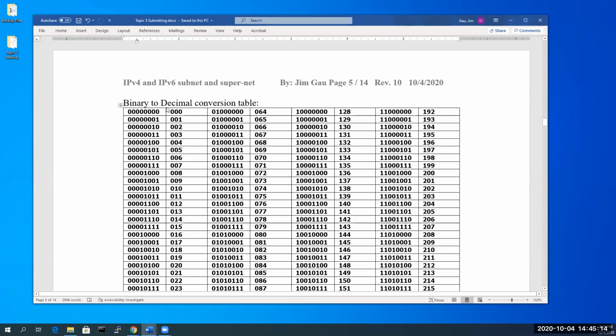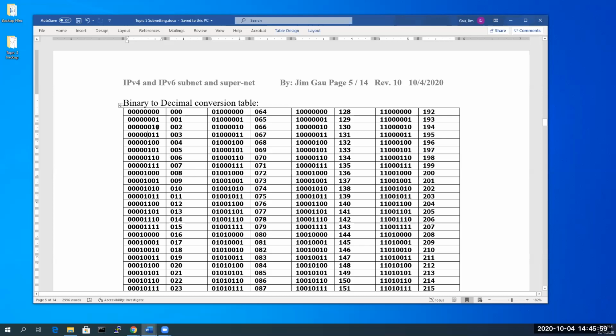This is the binary to decimal conversion table. It is very, very useful to help understand the subnetting and supernetting concept. So quickly go through this. Binary of all zeros is decimal 0. I just fill in the 0 in the front to make it look nice, that's all. So this is decimal 0, 1, 2, 3, 4, 5, 6, 7, 8, 9, 10, 11, and so on and so forth. And that's the equivalent of the binary. Of course you can use a financial or scientific calculator to do the conversion,